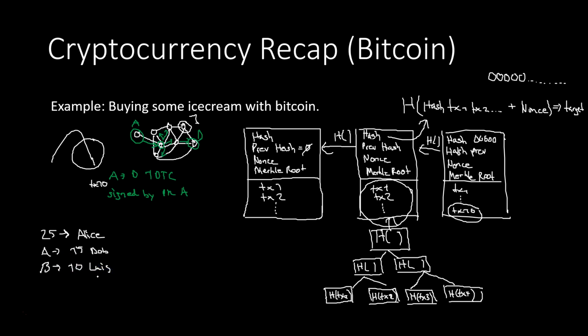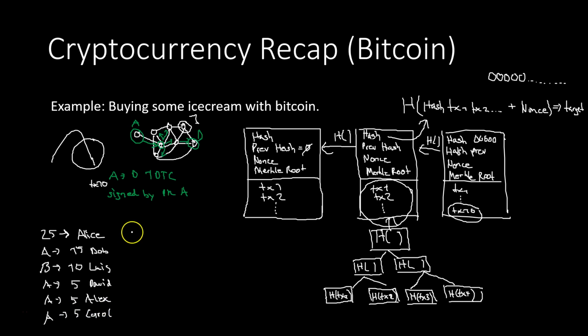And then Alice pays again David 5. And also Alice pays 5 to Alex. Now to evaluate if any of these people have enough money to actually do another transaction, for example, the next one could be Alice pays 5 to Carol,